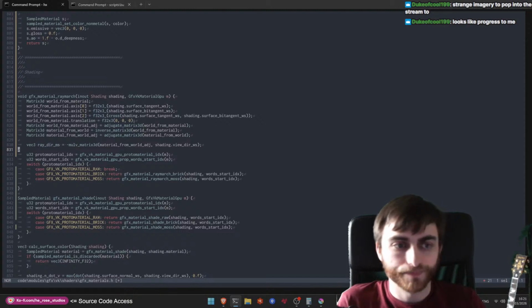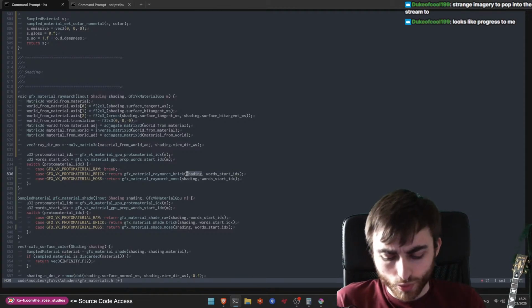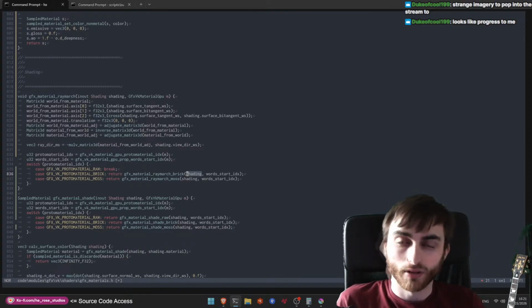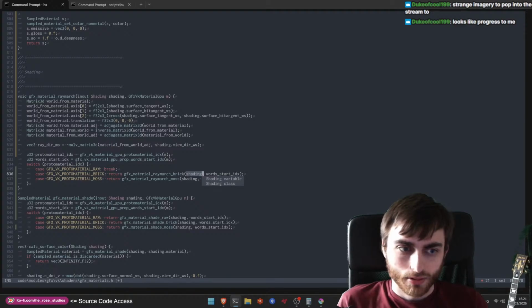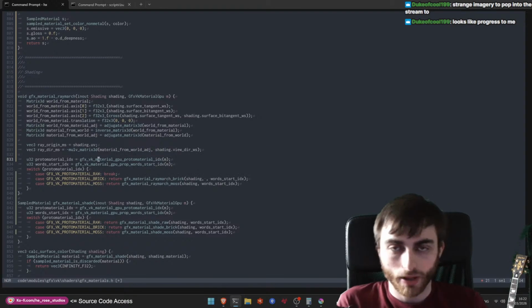And then get a T. So it's good to pass in the shading struct regardless, I think. Debugging and stuff. It's got a bunch of stuff in there. We want to pass in probably the ray origin. So that would just be shading.uv. And then you probably want to have like a T value